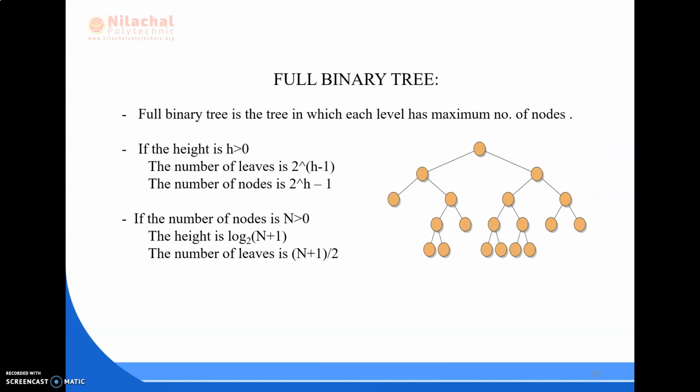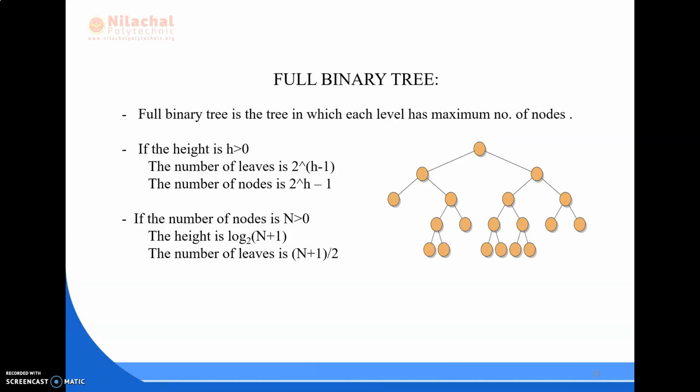In the next part, we have the concept of a full binary tree. A full binary tree is a tree in which each level has the maximum number of nodes. If the height is h, where h is greater than 0, the number of leaves would be 2 to the power of h minus 1 and the number of nodes will be 2 to the power of h minus 1.